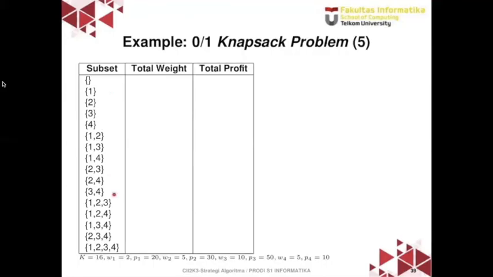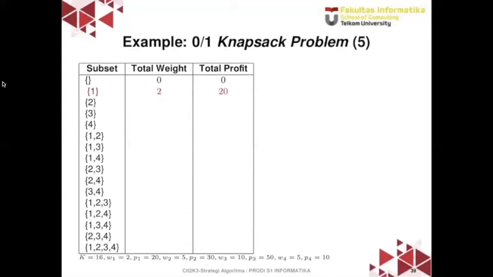This is the possible subset, where this means that nothing is put in the knapsack. This means we put only item 1, or the first item, in the knapsack, and so on until this one means that we put all the items in the knapsack. So if we put nothing in the knapsack, obviously the total weight will be 0 and the total profit will be 0 as well. And if we put only the first item, then we can see here the weight is 2 and the profit is 20. So that is the total weight and